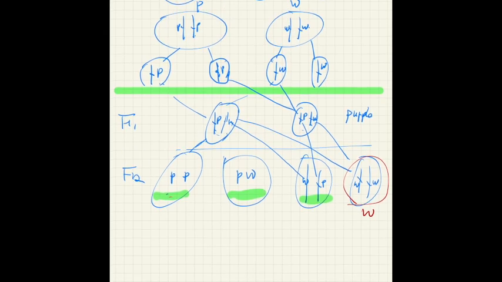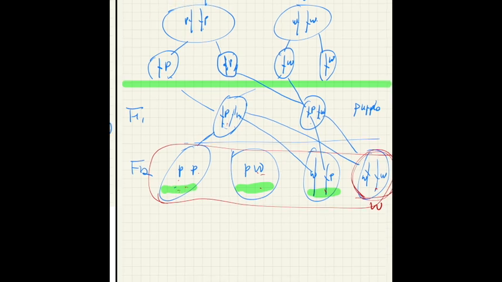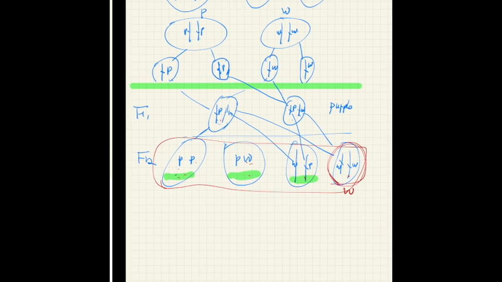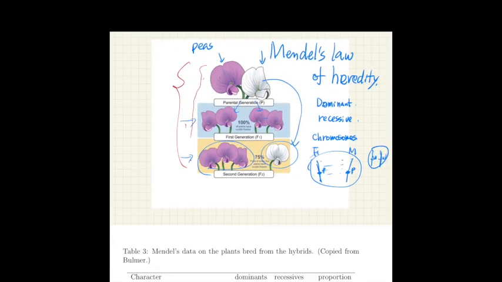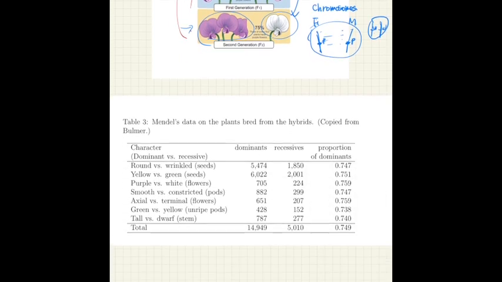So if this mixture of P and W is independent, then the proportion of the second generation will be like 3 out of 4 will be purple and 1 out of 4 will be white. And that is exactly the case for this particular trait. Okay? But there are many other